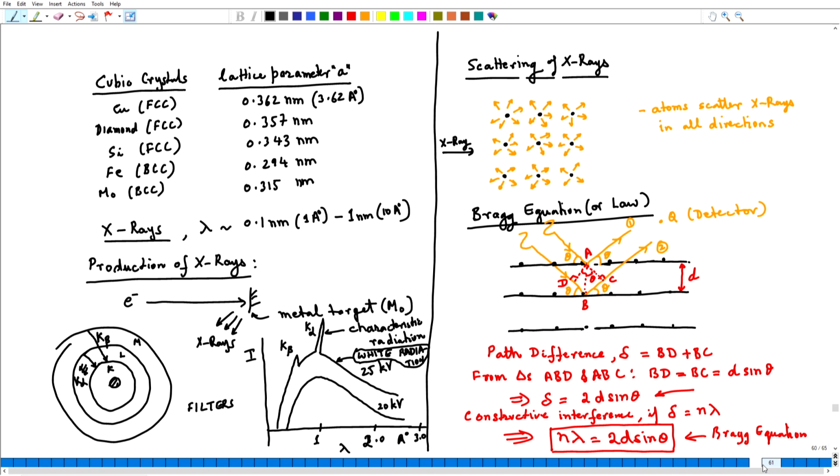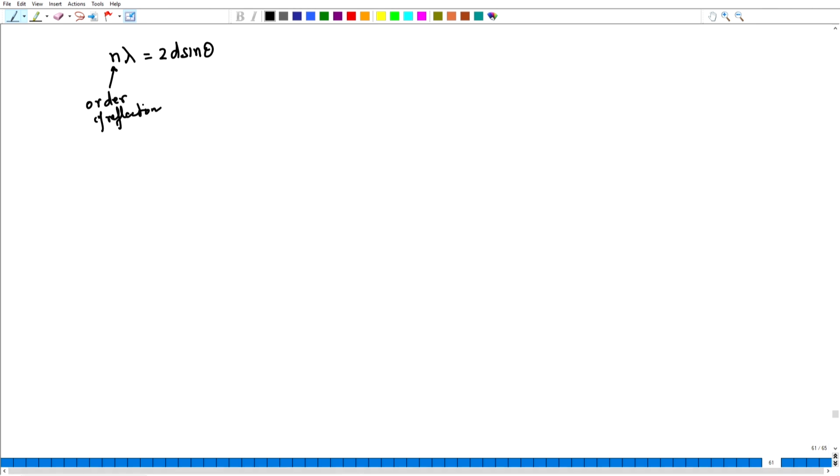And a lot of times I should also point out that the terms diffraction and reflection are interchangeably used simply because of the geometry that we have made in deriving the Bragg equation, where the incident beam angle is the same as the diffracted beam angle, as if there is a reflection, but it is not really a reflection. But this is a commonly used term that we get a reflection whenever the Bragg equation is satisfied.